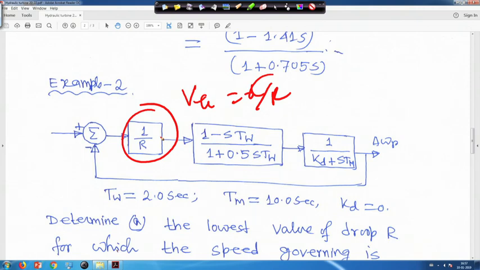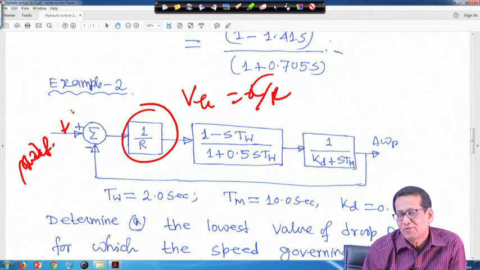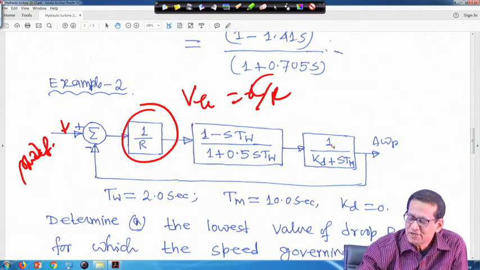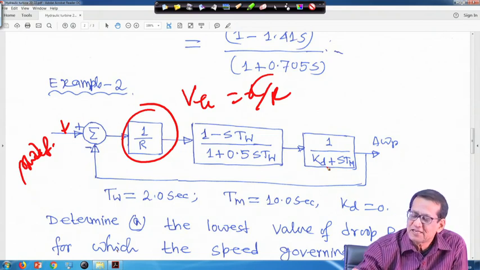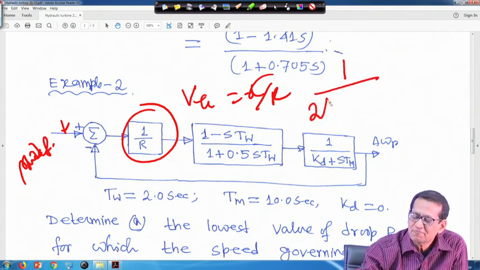So, we do not want to complicate this, we have taken the simplest one, right. And this is your speed reference. I forgot to note that this is actually the speed reference, right. And during the synchronous machine modeling, we have seen this model, we write 1 upon k d plus S T m, right. There also we have seen 1 upon 2 H s plus k d, right.